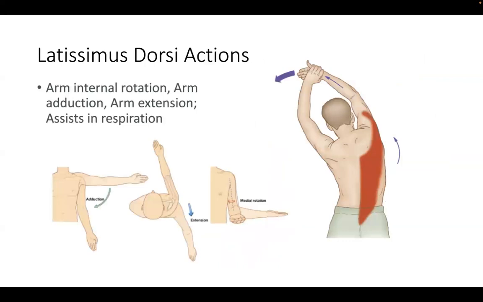So the actions that we have for the latissimus dorsi, all the parts being one big muscle, they all work together to perform the same functions and actions. So first we have arm internal rotation, which allows your arm to rotate